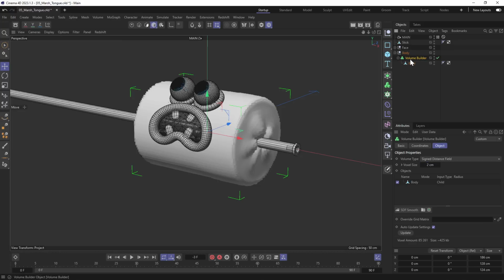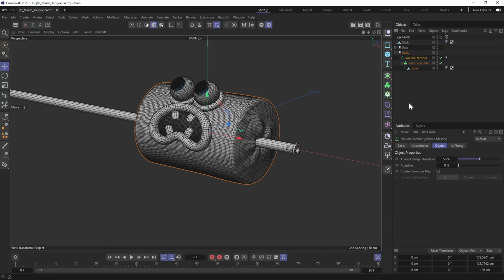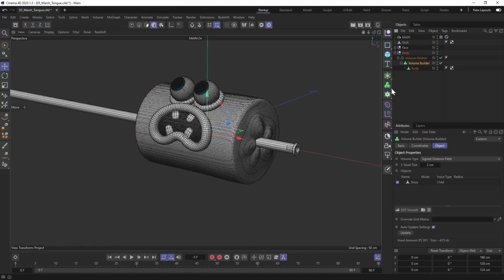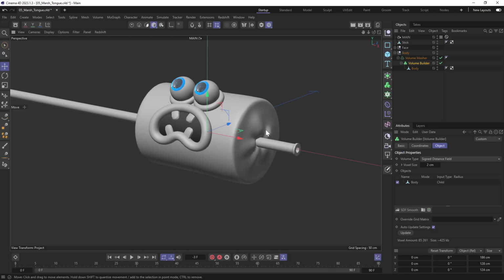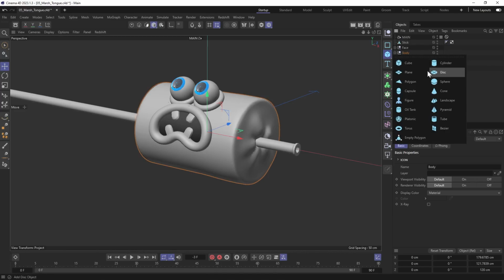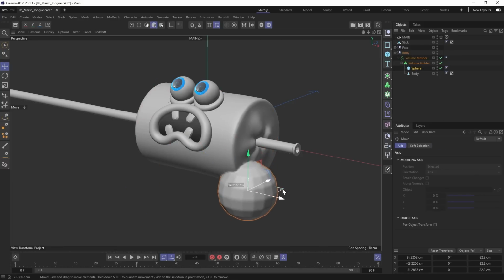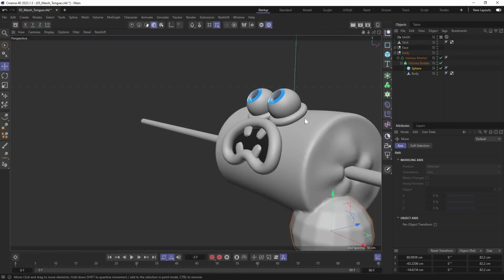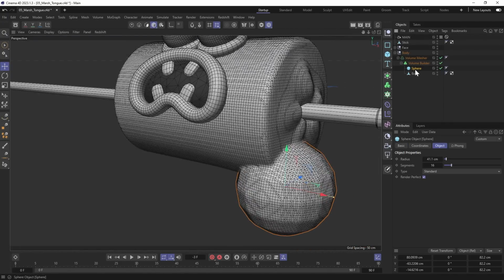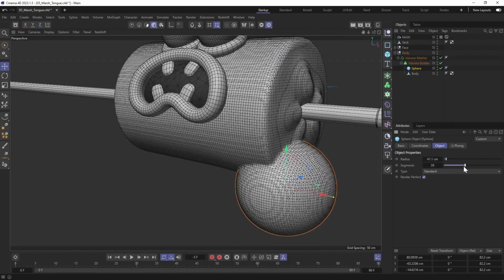Now, while the Volume Builder is selected, hold down Alt and create Volume Measure. The Volume Measure will just create a polygonal mesh based on a voxel-filled surface. The main advantage of the Volume Builder is that you can drop a lot of different objects inside, and it will merge all the objects into a single mesh. Look how it repeats all the polygons of this sphere.